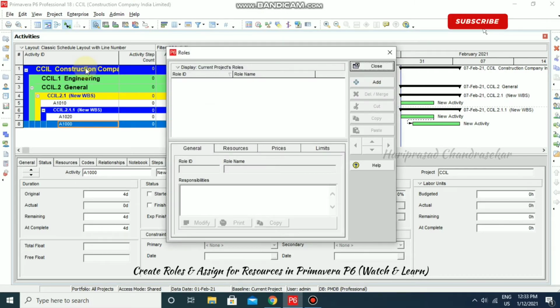So what do we mean by roles? It is just a job title or skill such as mechanical engineer or inspector or carpenter. So they represent a type of resource with a certain level of proficiency. These roles can also be assigned to a specific resource to further identify the resource's skill. For example, a resource may have a role of engineer and also be a manager. So he has two roles, an engineer role and also a manager role.